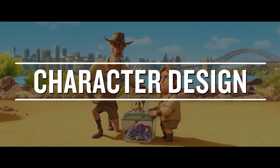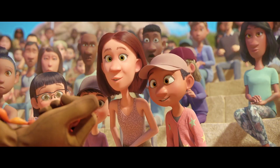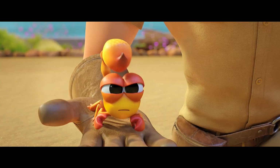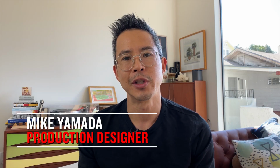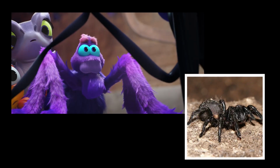In this box is one of Australia's deadliest creatures, and he's no bigger than my hand. Sting, sting. The biggest challenge for designing characters for this movie was taking animals that are naturally scary or kind of a little off-putting